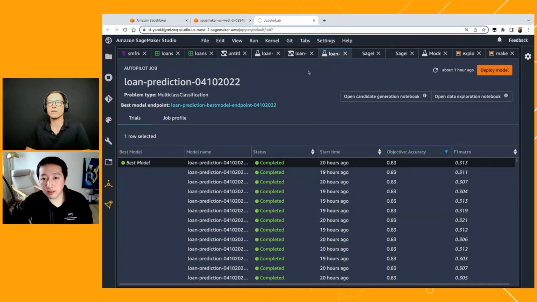Yeah, so as we showed you, when setting up a job, you have the option to choose Autopilot to automatically deploy the model. So once the job completes, you do have a model ready for you to make inference.